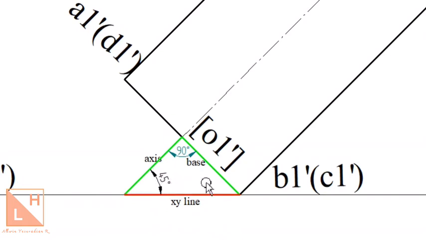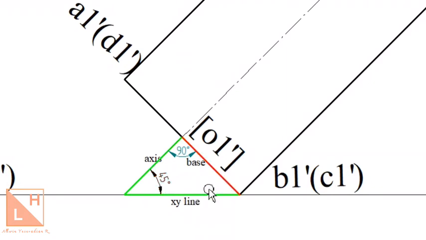So if this is 40 degrees given, the base has to be inclined at 90 minus 40, that is 50 degrees. Remember, it is very simple. Hence we take the angle of 90 minus the angle whatever is given here to the base. So angle given with respect to axis, we can incline the base at 90 minus the angle that is required. So if this is 30 degrees, the base will be inclined at 60 degrees. If this is 40 degrees, the base will be inclined at 50 degrees, that is 90 minus 40.